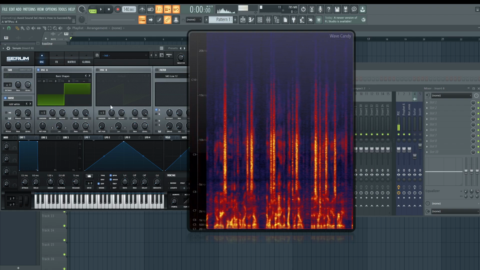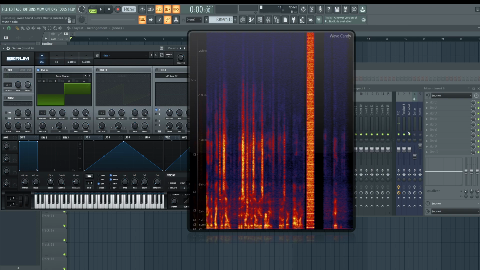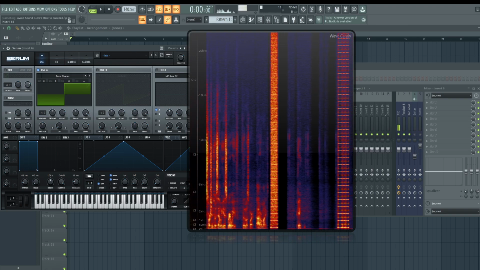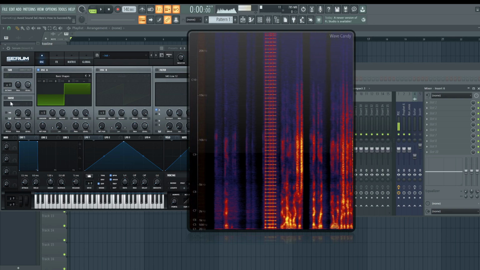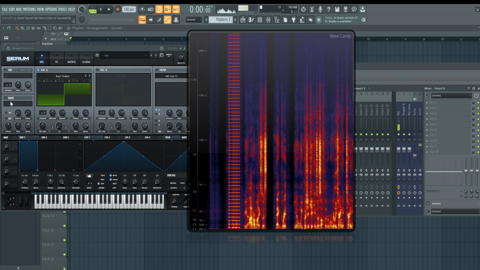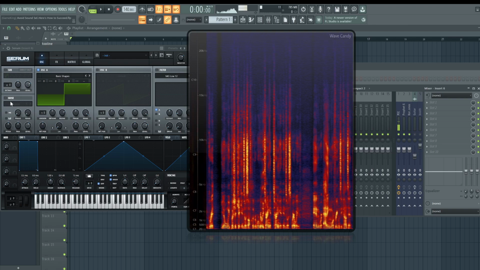Now, once we start adding the bite to a sound, the distortion to a sound, we get a square wave for the most part, odd harmonics. We get the odd harmonics, that grit. When we push a kick into a soft clipper, we're really turning it into a square wave, and we're adding more frequency content to the track.